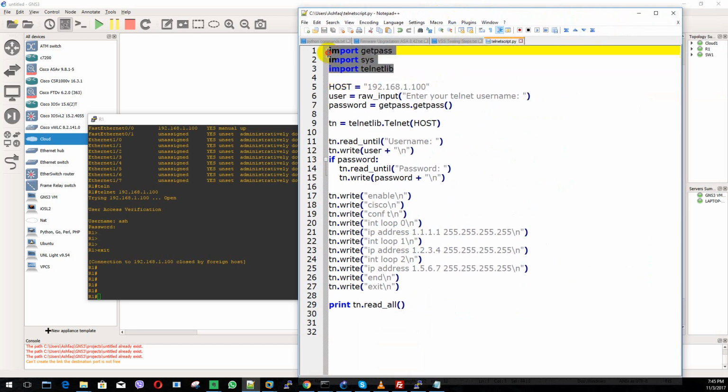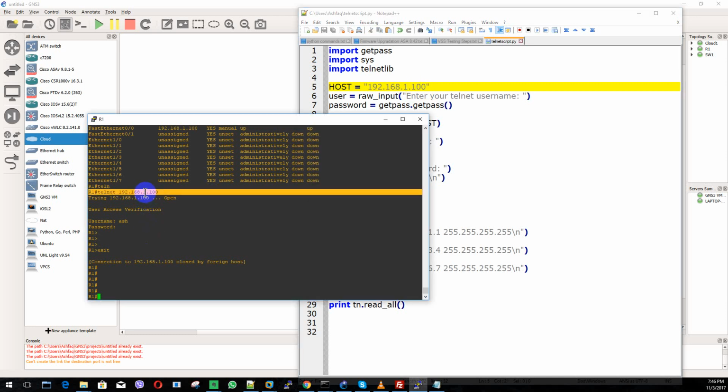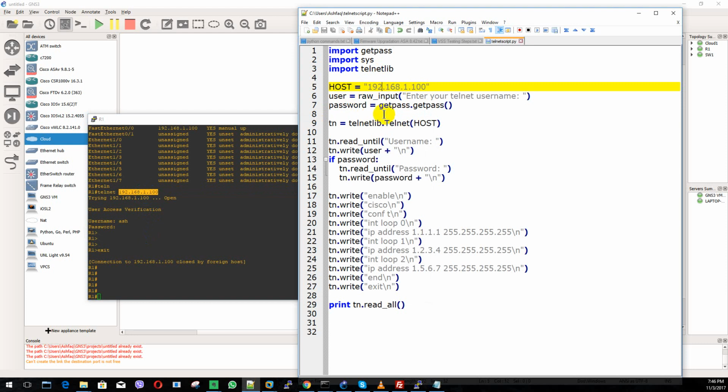Okay, the script which I will be running is pretty easy. We have some modules. These modules we will need for this configuration to be successfully deployed. The host represents the router. I put the router IP, which is this one. This is the host which I will be telnetting. So when I run the script,